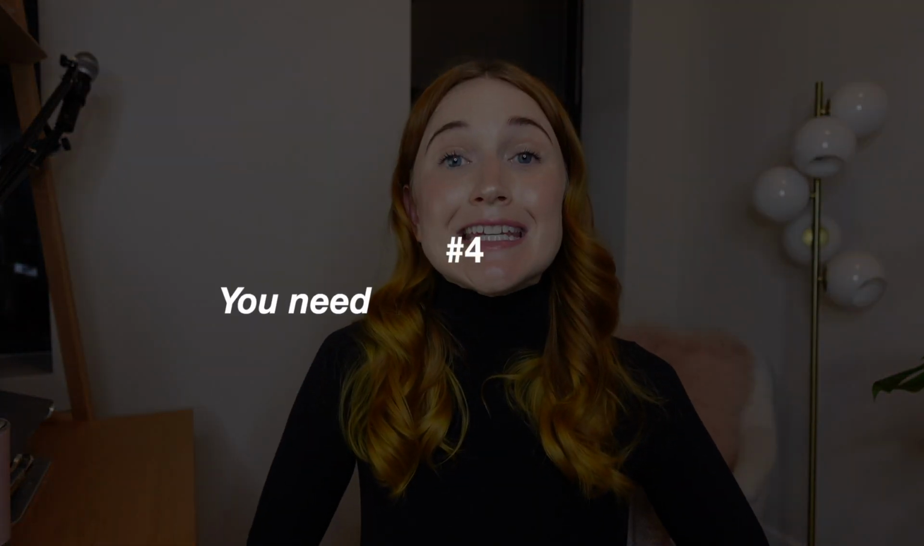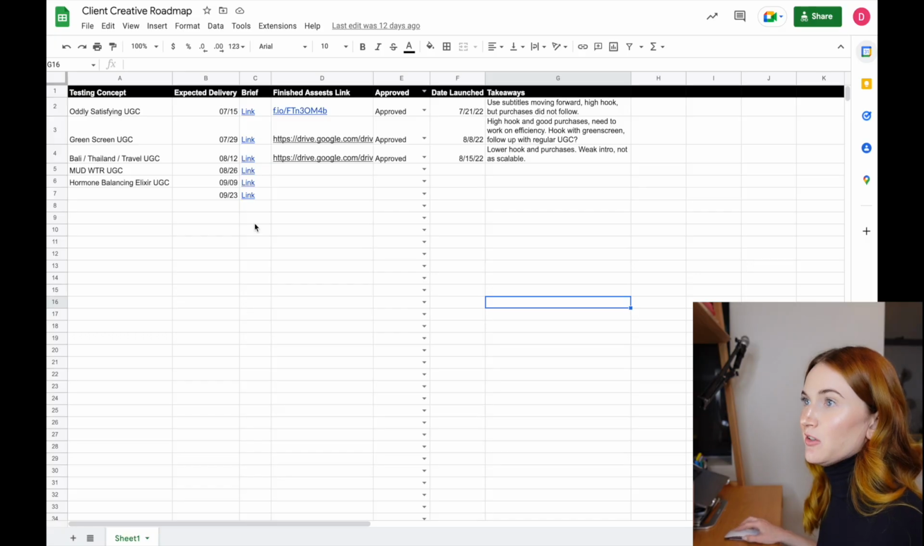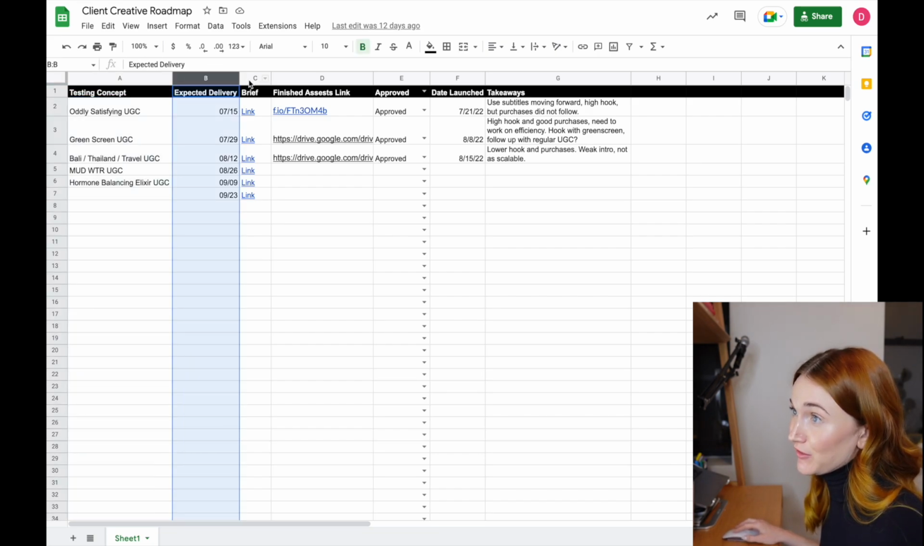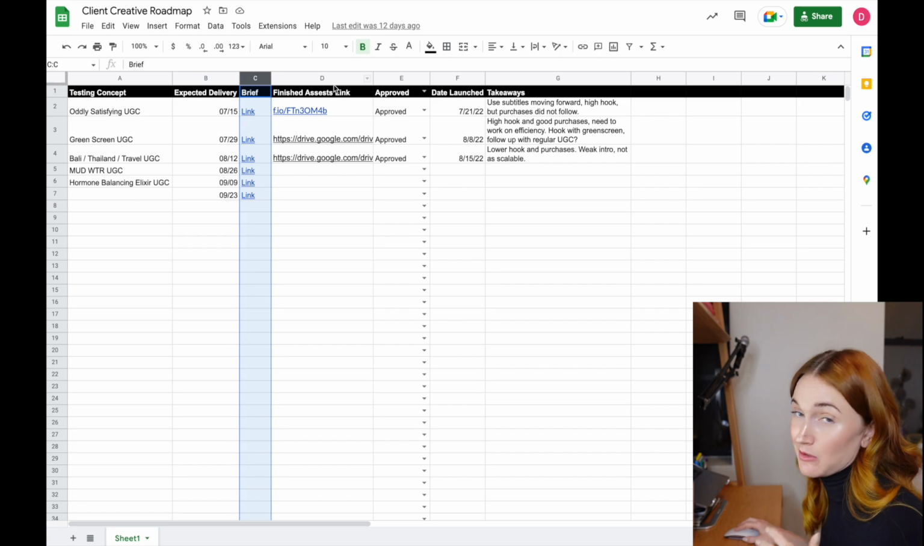Number 4, you need a creative roadmap. You need to know what ad creatives you're going to be developing next, and you need a place to document your creative learnings. And here is an actual client creative roadmap that I have. Super simple, just outlining the testing concept, expected delivery date, the brief that I use to develop the strategy